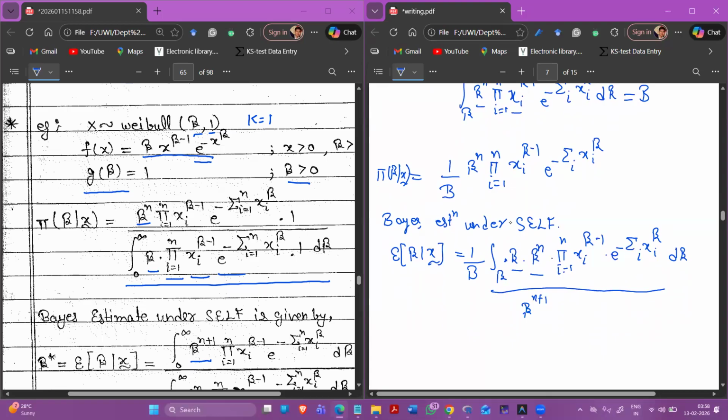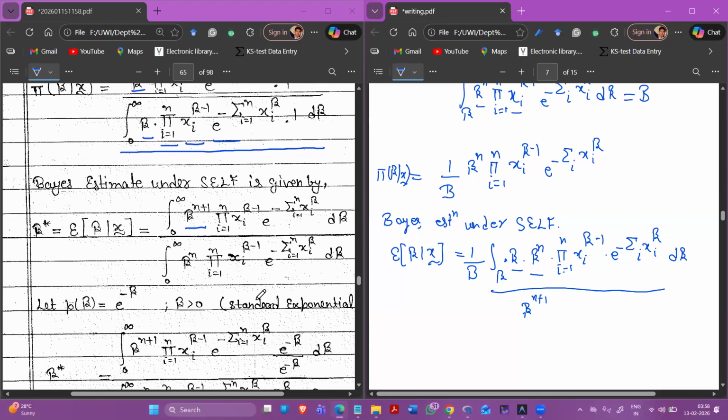The same thing that I wrote here: beta raised to the power n plus 1, product over i from 1 to n of xi raised to the power beta minus 1, e raised to the power minus summation xi raised to the power beta, d beta. And this 1 upon b I am writing in terms of an integral only, because I cannot solve it in closed form. All right. So now,